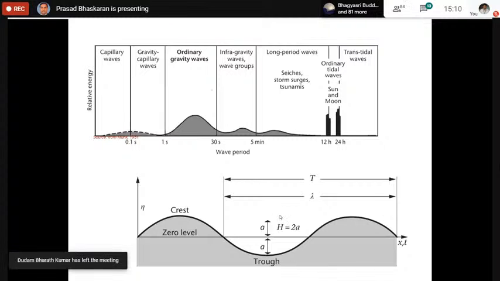So to understand ocean waves, there are three important parameters: the wave height, the wave period, and the wave direction. These three quantities give you the information about the waves. To model the waves, you should have an idea about how we can get these three parameters. I will be talking about the basics of modeling after some time. But before I go into that, I would like to introduce some very important parameters which need to be